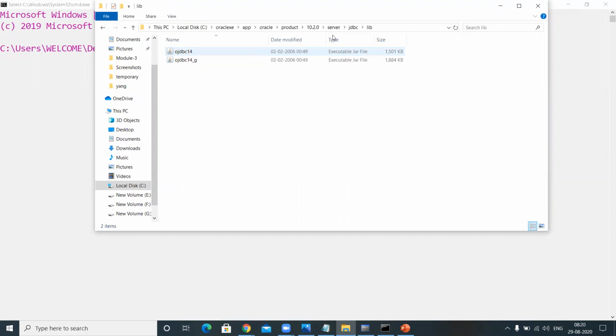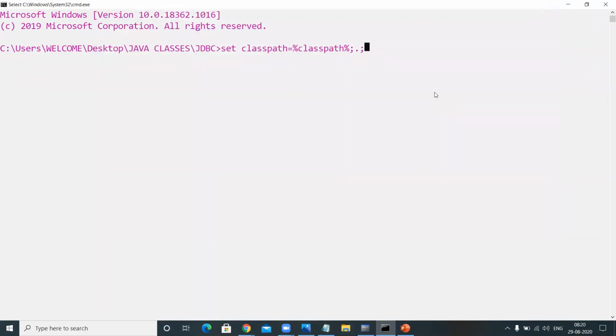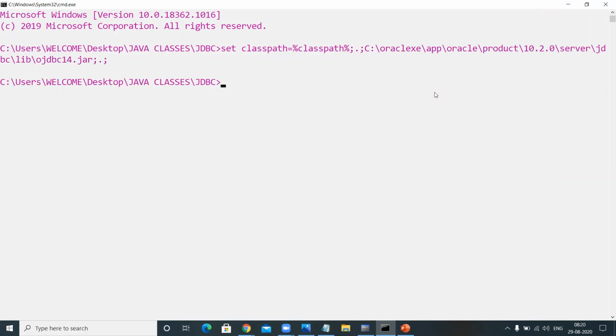In the lib folder, you get the ojdbc14. Let me copy this and paste it here. Inside this, we are having ojdbc14, right? Semicolon dot semicolon. You set the classpath successfully.